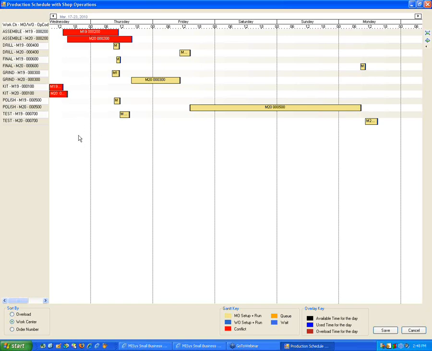So, what's the other thing I can do? Well, I happen to know that I have other work centers that I could use in place of these. What you'll notice is when you cursor over one of these, the note at the bottom says double-click to substitute a work center. Well, I happen to know when I'm dealing with Assemble, we just set up Assemble,